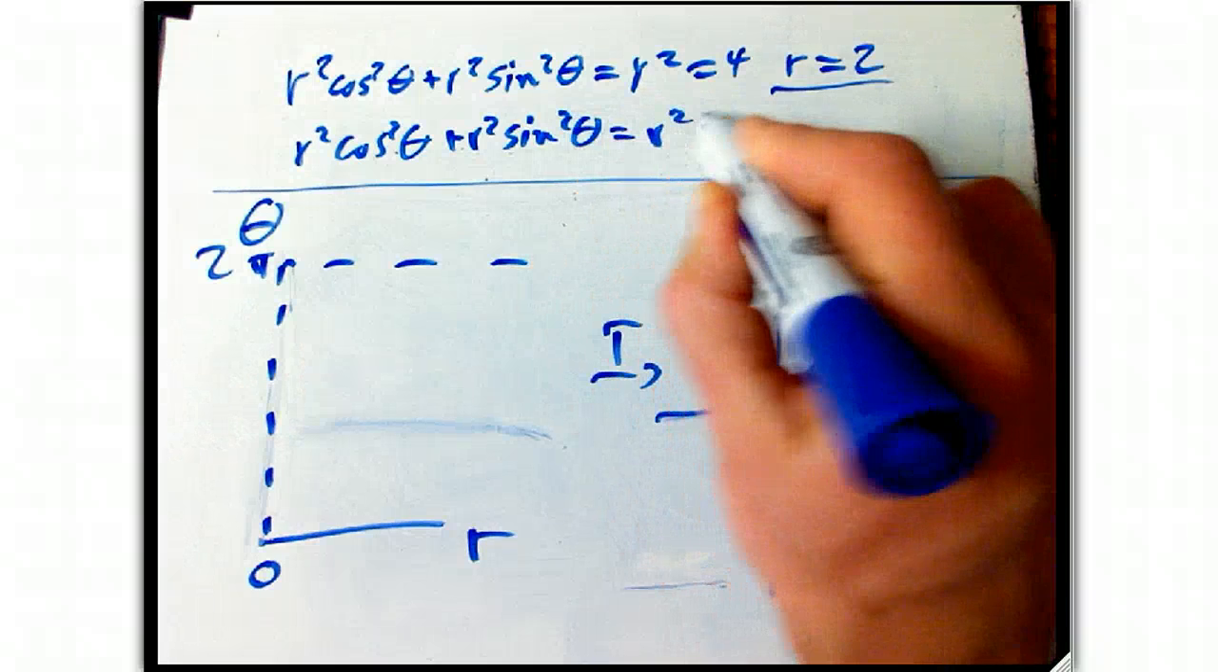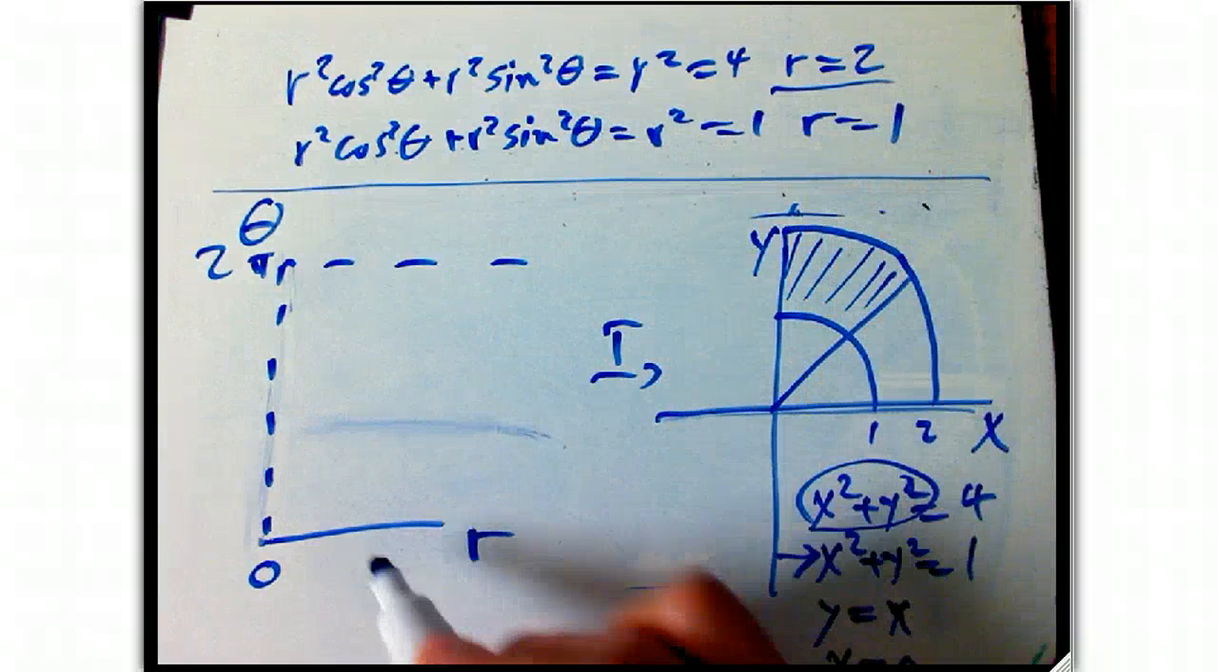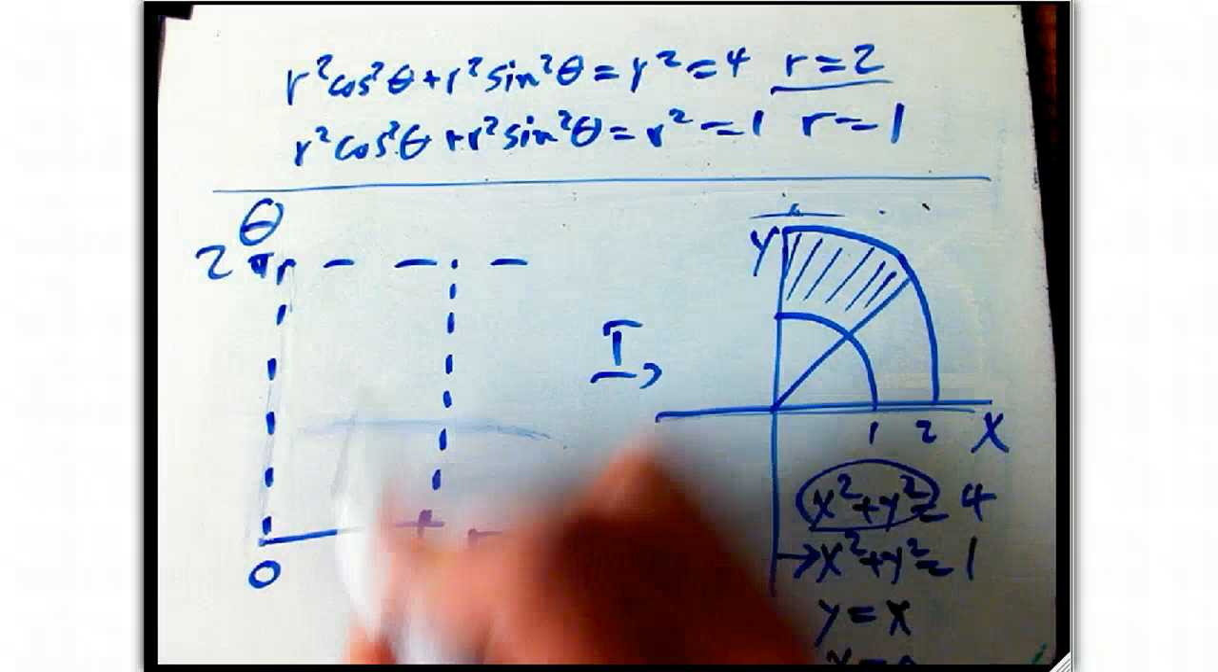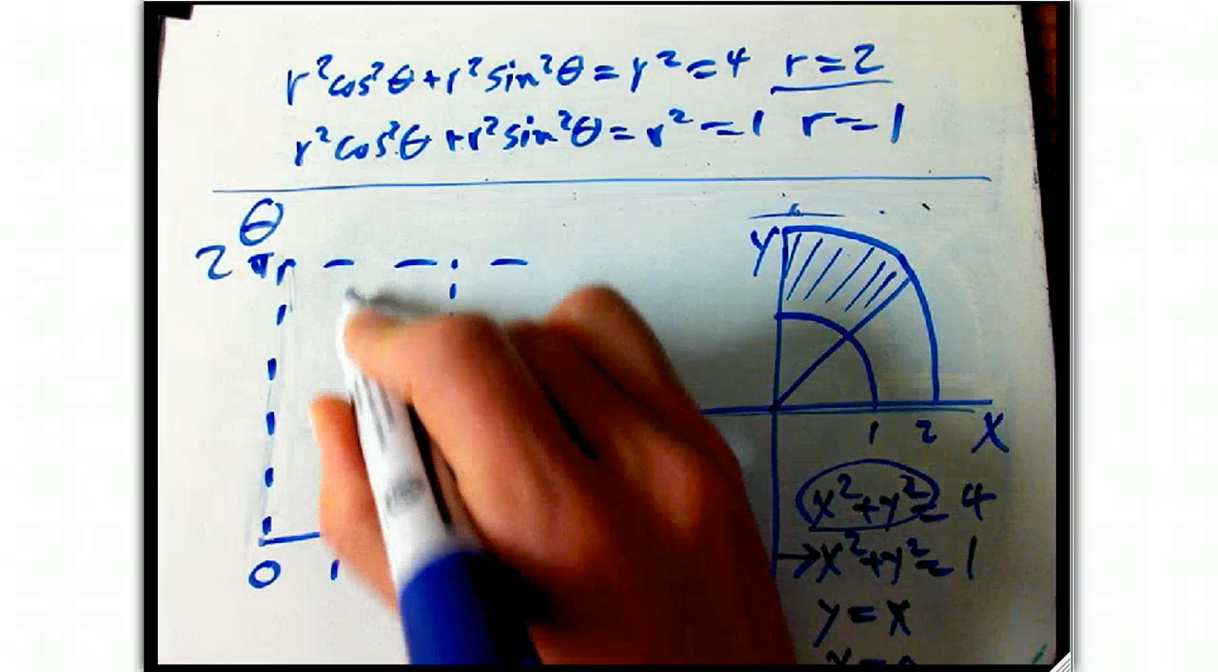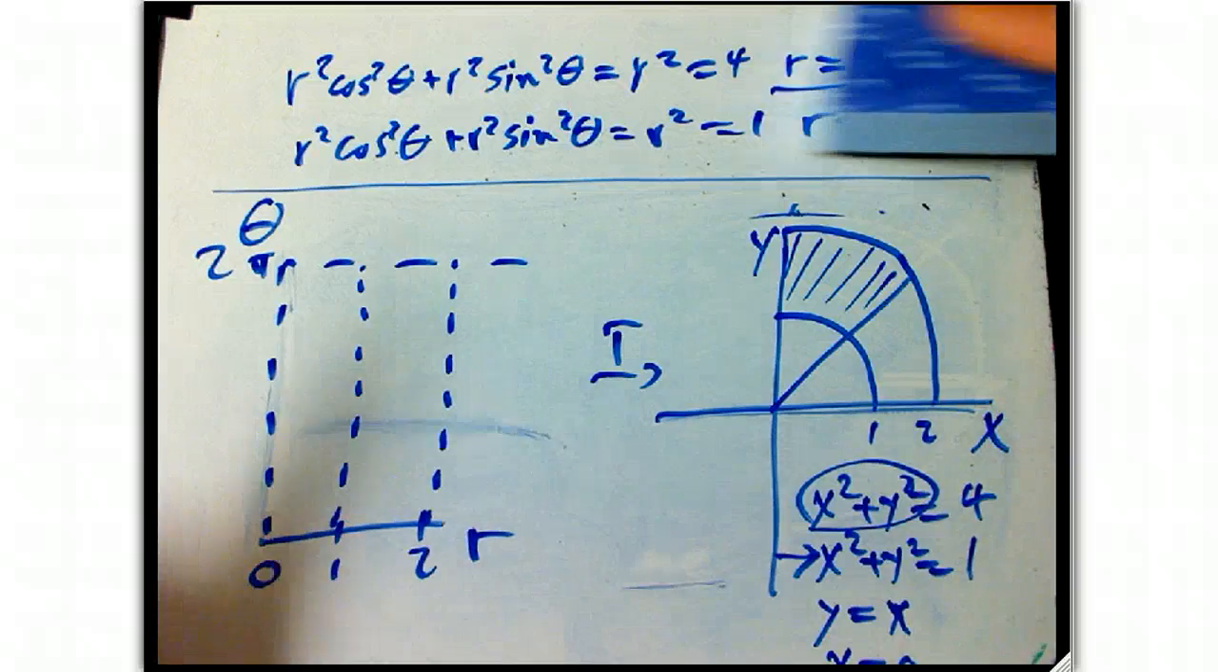Okay, r equals 2. Similarly, for this guy, just exactly the same. That simplifies to r squared. That's 1. r equals 1. Okay, so we're getting very simple things in r. Okay, and then in theta,